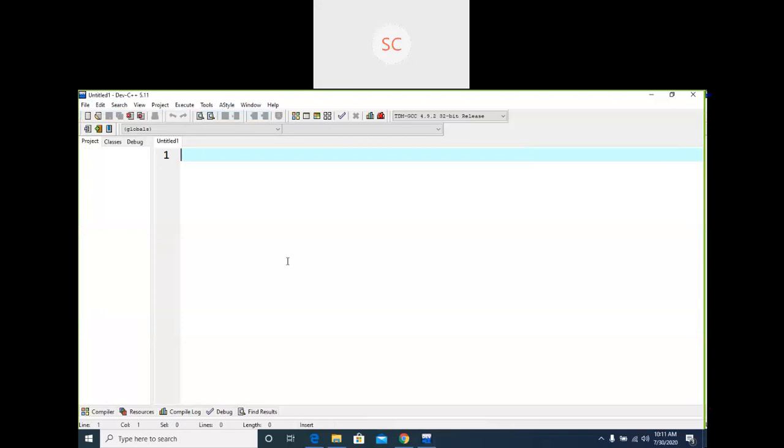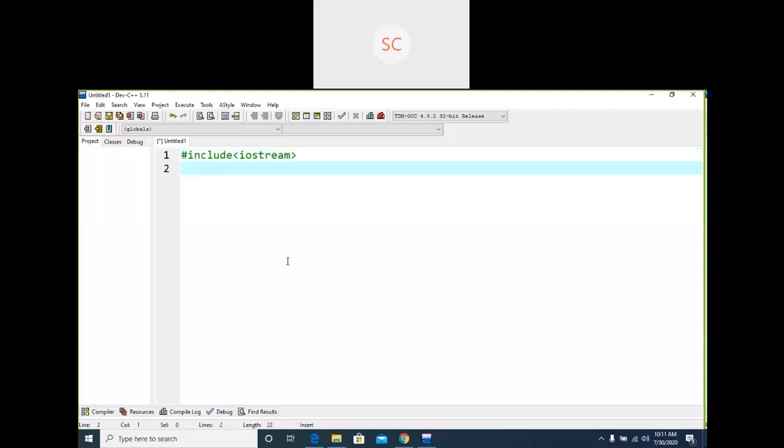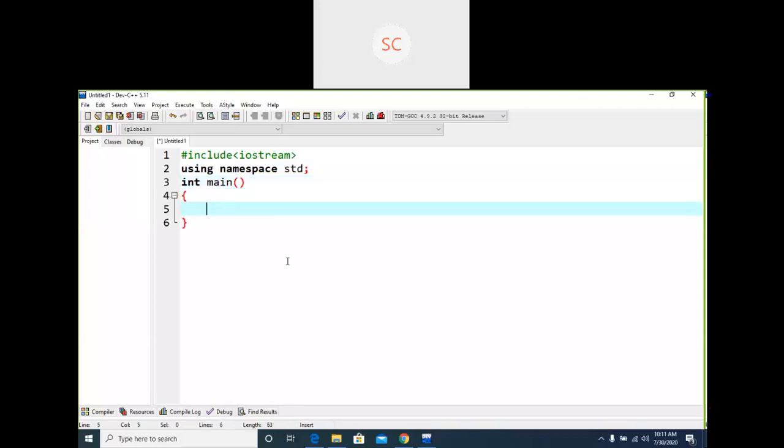I am going to include iostream, then one namespace, using namespace std. What is the use of this namespace? To use cout and cin, you need to use this namespace. Then the main function. After the main function you can write your code here.